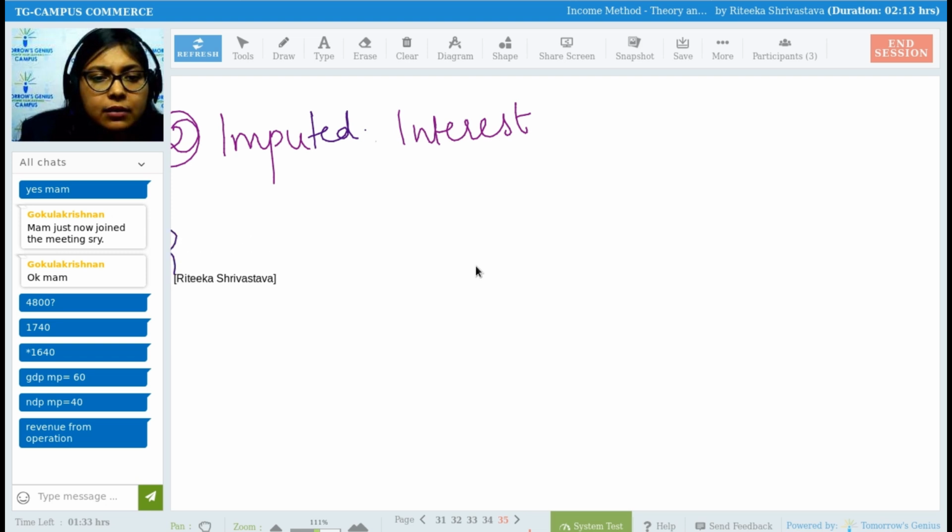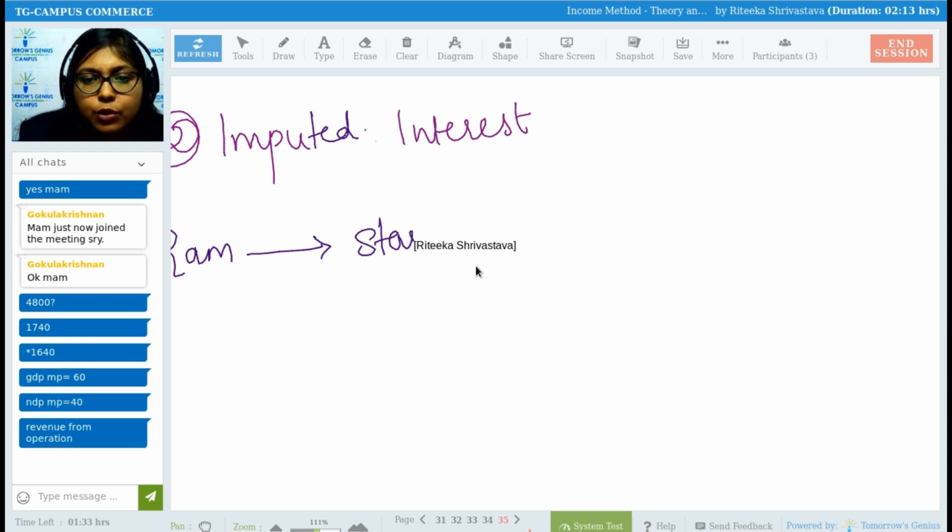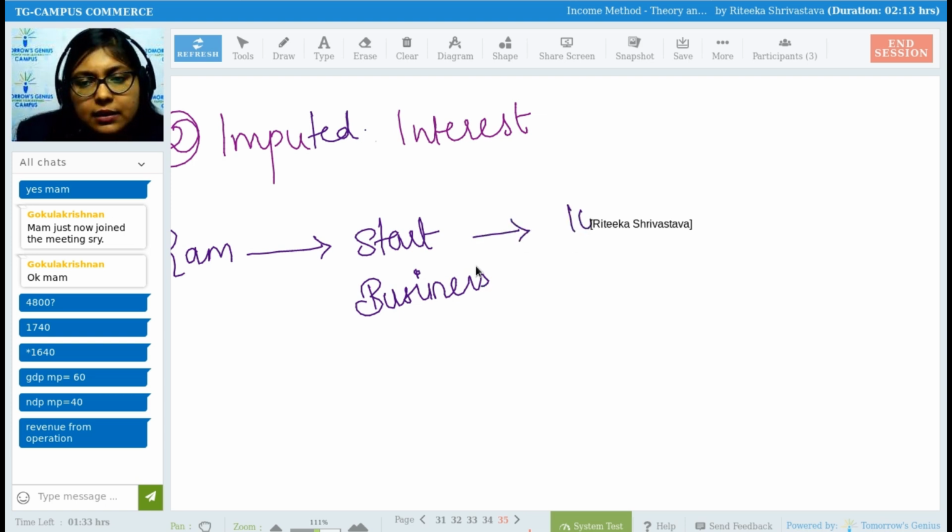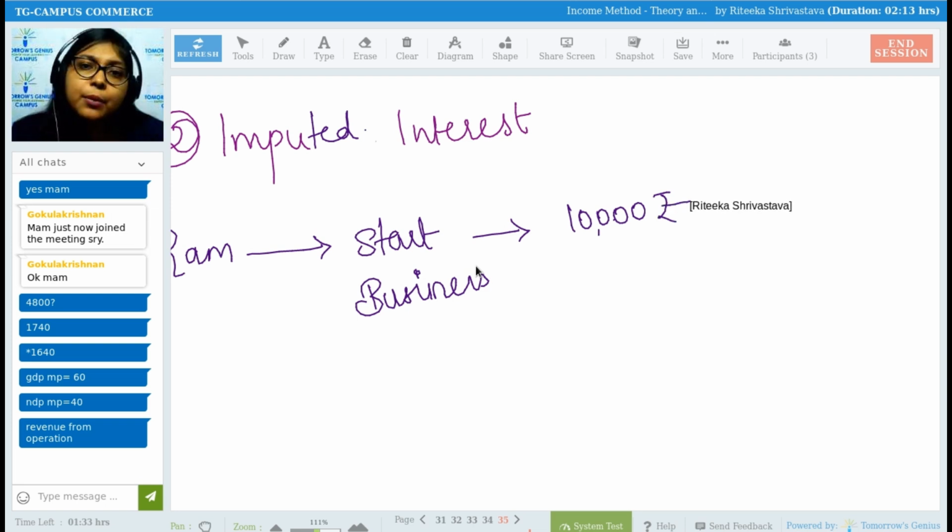Fine. Again, there is Ram. Again, Ram wants to start a business. For starting a business, he is going to require 10,000 rupees. Now, in this case, Ram has 10,000 rupees with him. Ram has the entire 10,000 rupees with him to start his business. It might be from his past savings or borrowings or whatever it is, but he has 10,000 rupees to start